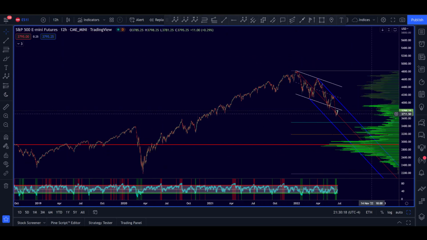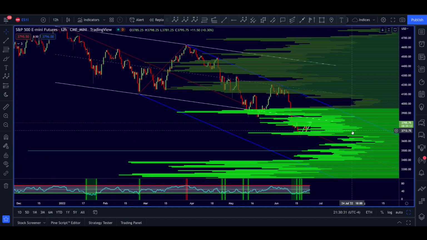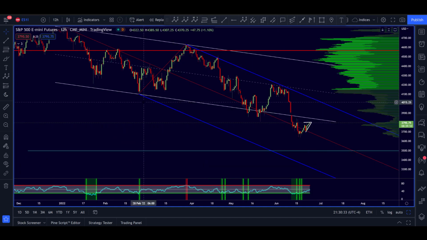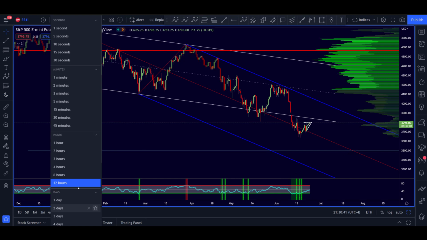Yeah, so there's a little gap right in here in the VPVR that we could shoot through, hit resistance there, reject off the bottom side of the channel, or get in. If we get in there, that's good news. Doesn't mean the bottom is definitely in, but it definitely gives credence to that count. Anyway, so yeah,